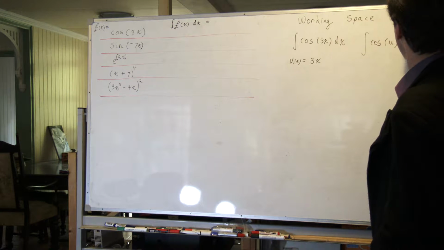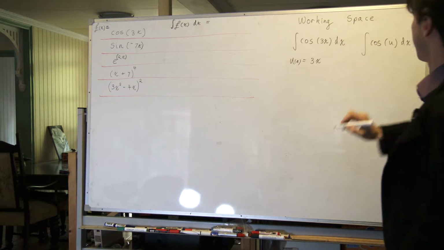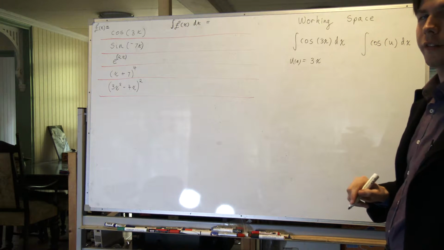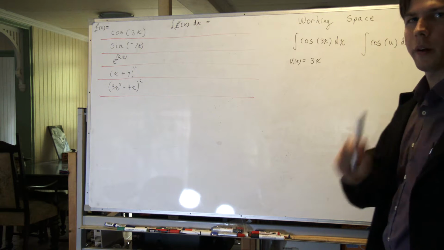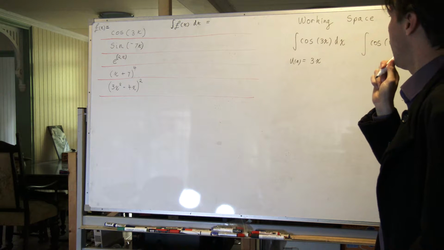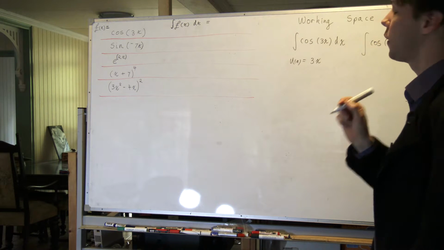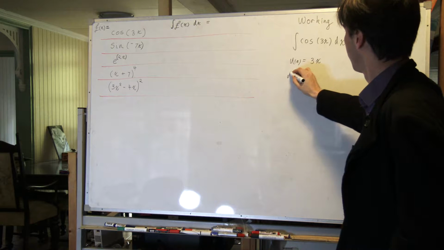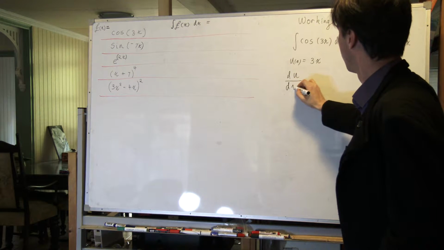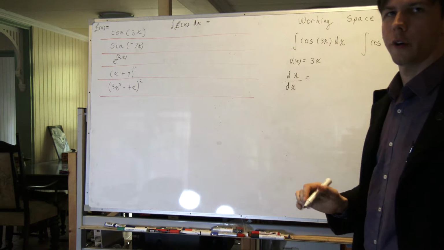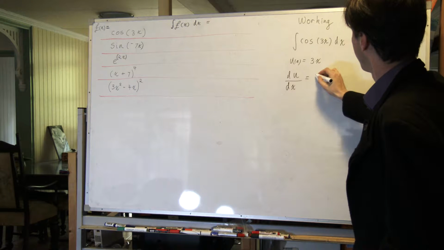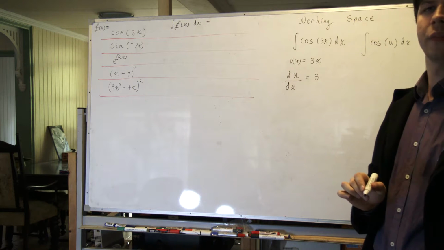That's fine, but I'm integrating with respect to x still. That dx, I can't get rid of it, it stays there. So I think to myself, I wonder if I can change it. And I say, why, yes, I can. If I take the derivative of u with respect to x, which I can totally do because u depends on x, the derivative of u with respect to x is 3,